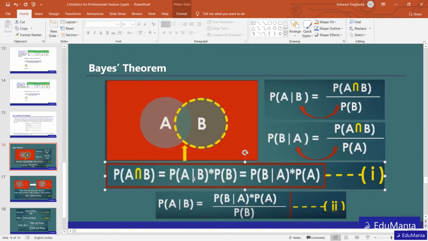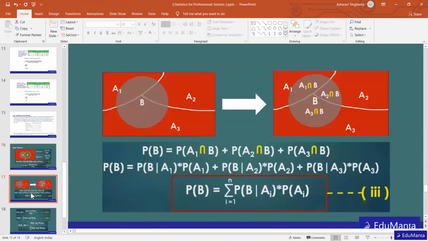So probability of A, just hiding this part, will be this. From here, we make this the subject and bring probability of B to the right-hand side, so it comes as a denominator. So we come up with this particular equation in equation 2. We are trying to derive and see how and from where the formula for Bayes theorem comes. Otherwise we can directly use the Bayes theorem formula also.